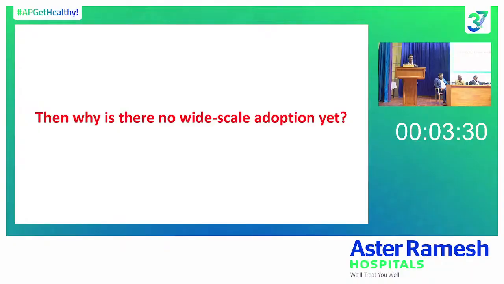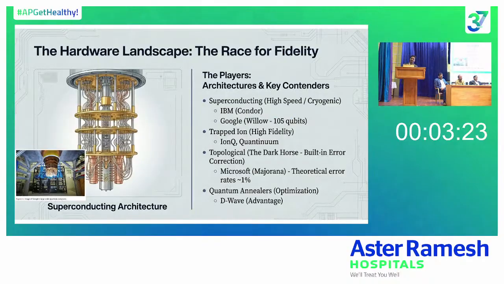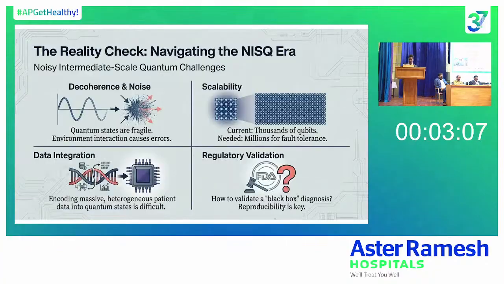So having said all these things, why is it not widely adopted yet? As I said previously, this requires a huge amount of infrastructure and huge investment, and you need to keep these quantum computers at sub-zero temperatures, say around 4 Kelvin, which is minus 269 degrees centigrade. Having such an infrastructure is very difficult, and the second thing is